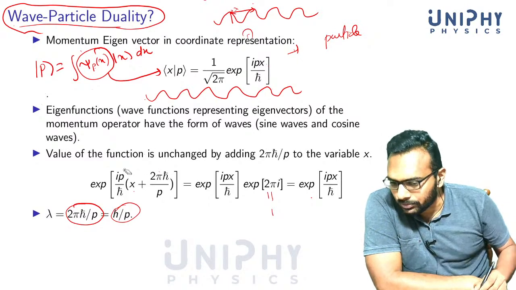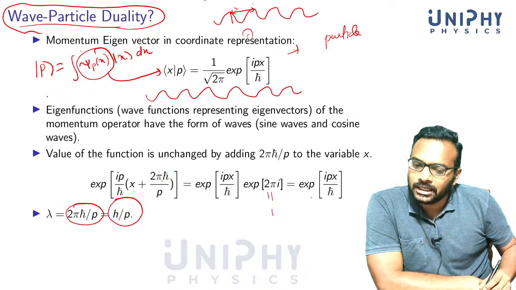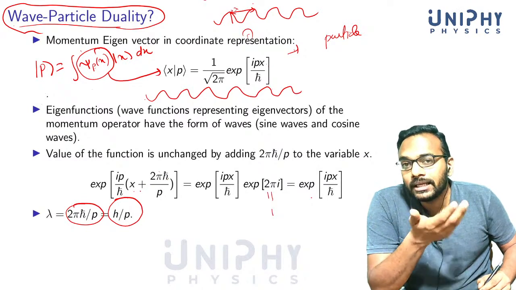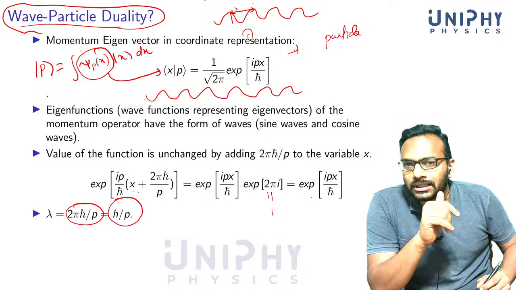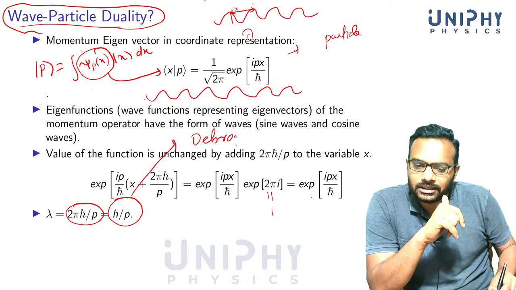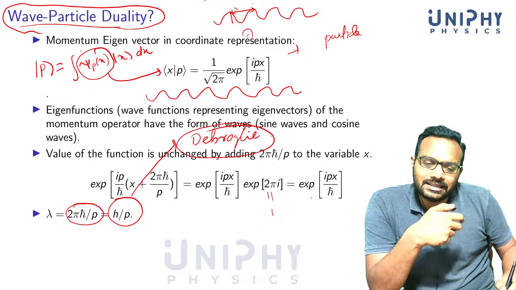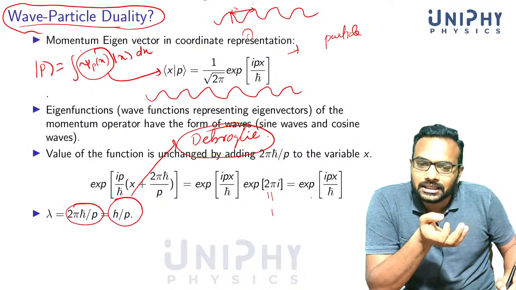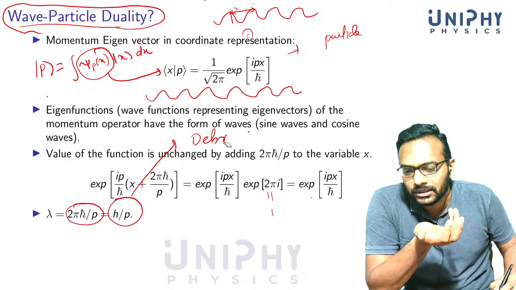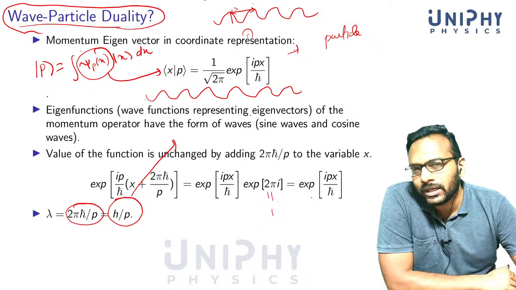But this relation is important. It also has physical importance, because this relation tells us how the probabilities of finding the free electron in space are distributed. This is normally called the de Broglie wavelength. The de Broglie wave tells us that it's important that the probability amplitudes are distributed in this form. It has experimental consequences, but it's not a real wave. There is no wave. There is only particle.